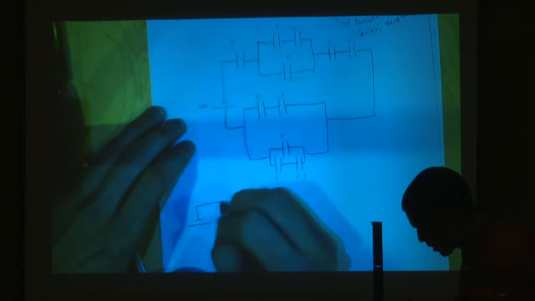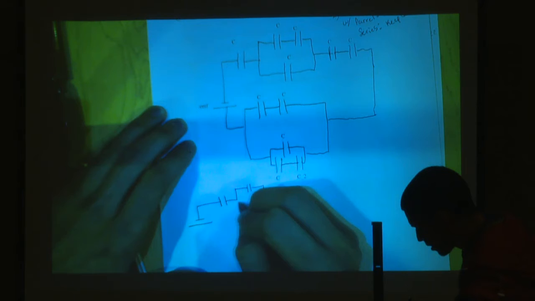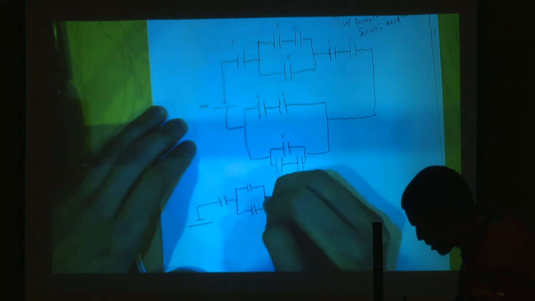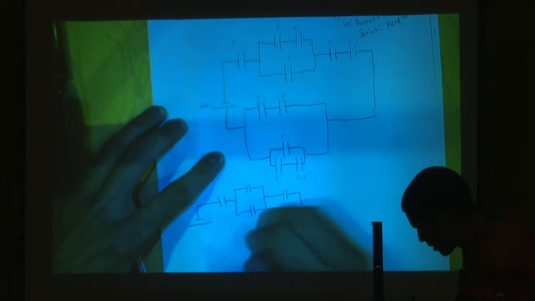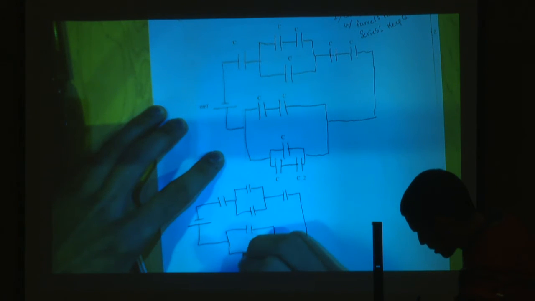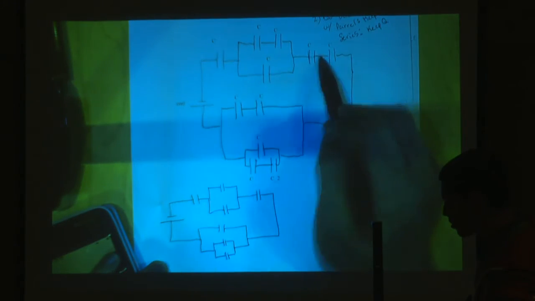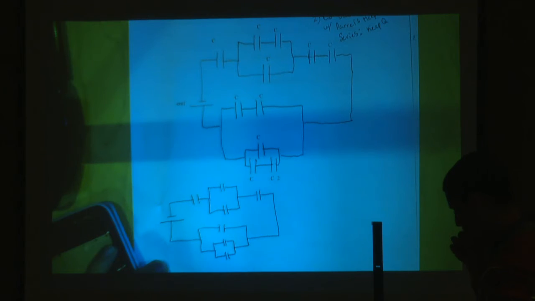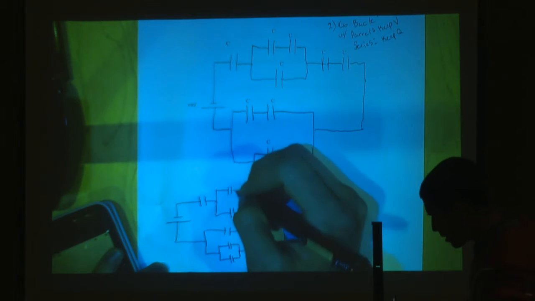Okay, so this one we can't really simplify. We can simplify this into 1. This will go into 1. This will go into 1. Okay, so essentially I combined these two, these two, these two, and these two. Okay, and what would these be? Because all I did was in parallel. So we'd see that